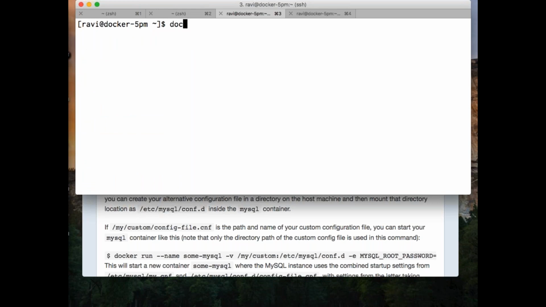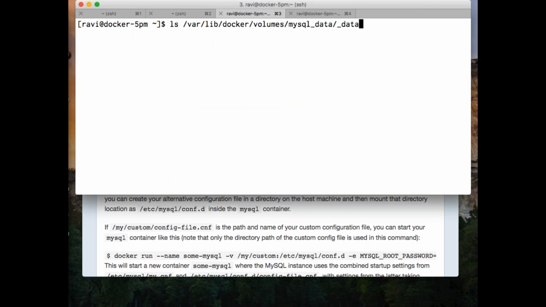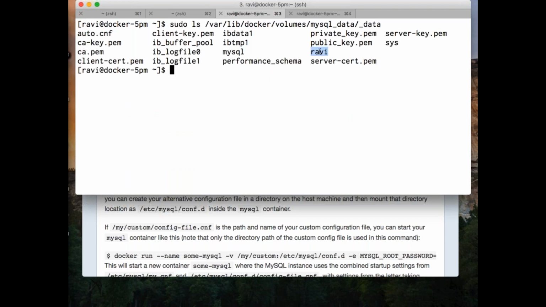Now if I say docker volume ls, I get mysql_data, and I'll say docker volume inspect mysql_data. You see, this is where the data is getting stored, right? So I'll copy it and I'll say ls on this, and I'll say sudo. You see,